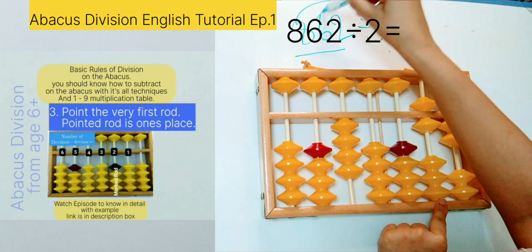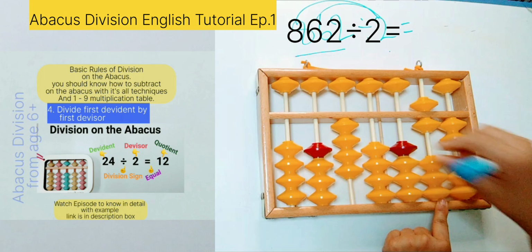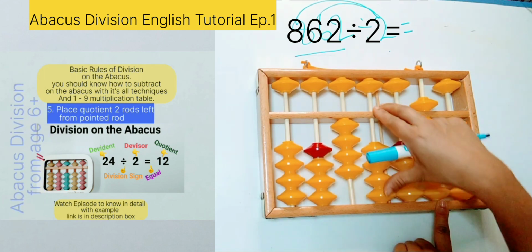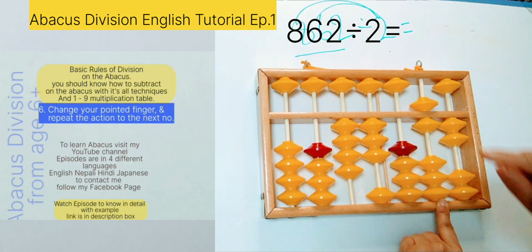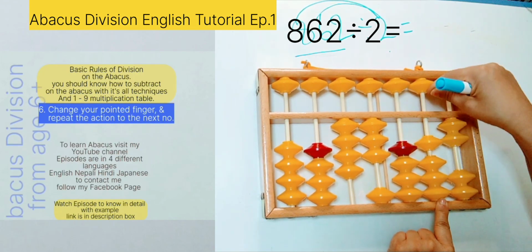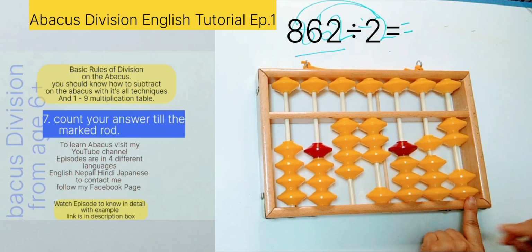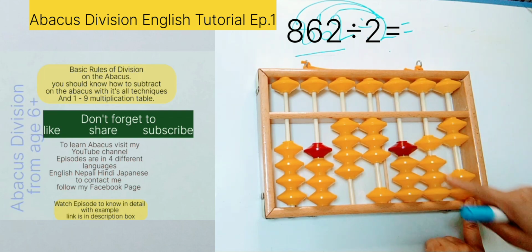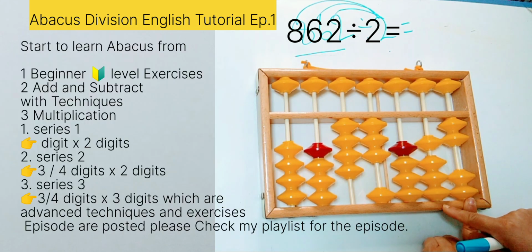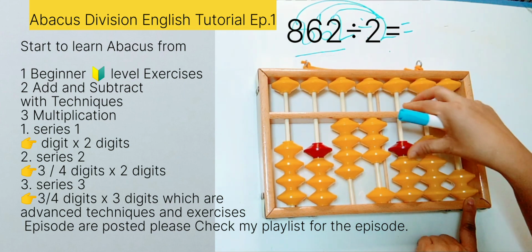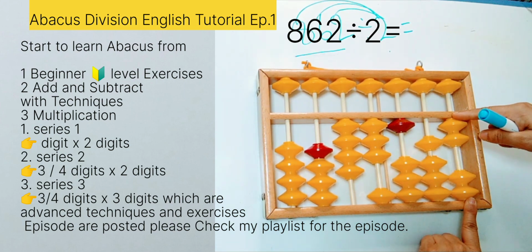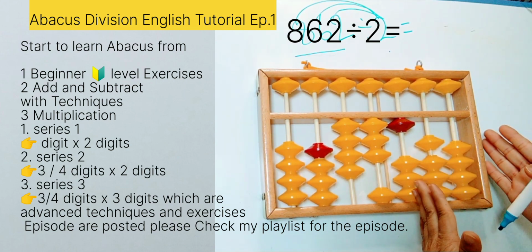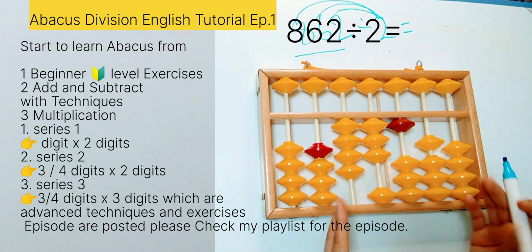And second, 6 divided by 2, your answer is 3, so place 2 rods to the left side, and place 3 here and subtract the same amount, 6, here. Okay, and change your pointed rod. And next is 2 divided by 2, your answer is 1, so place your answer 2 rods to the left side, here, and subtract the same amount of dividend here. And we finished our dividend, and our answer is 4